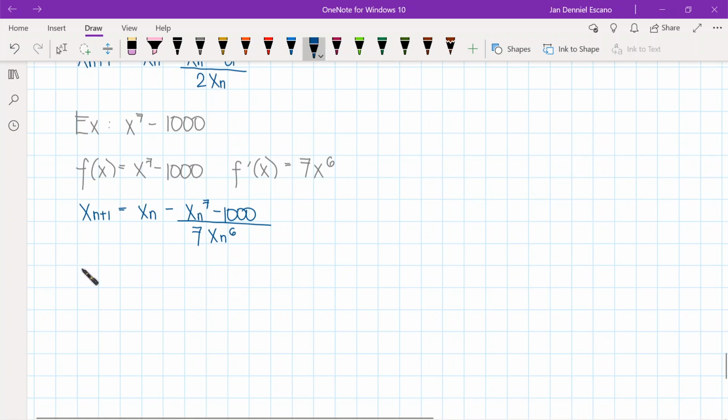So in this method, let's pick x sub 1 equal to 3. By just substituting, x sub 2 will be equal to 3 minus 3 raised to 7 minus 1000,